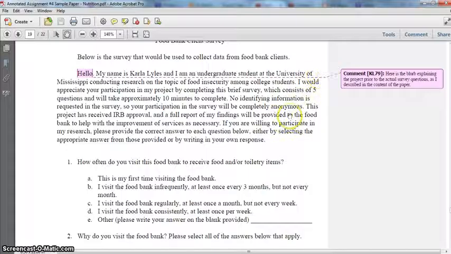Now, I then explain what the potential participant would be asked to do if he or she is willing to participate. That would need to be included in this introductory information, which is why it appears. So I indicate that participating in the project means completing this brief survey, and then I also give an estimate of how long it would take to complete. And you would want to do this if you are indicating that you're seeking this person's permission, or this person's willingness to participate in your project.